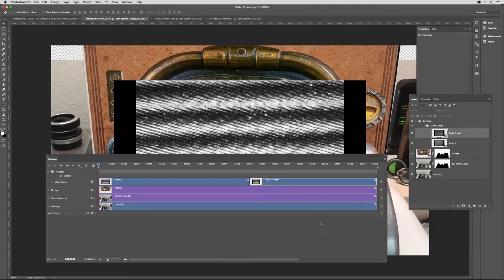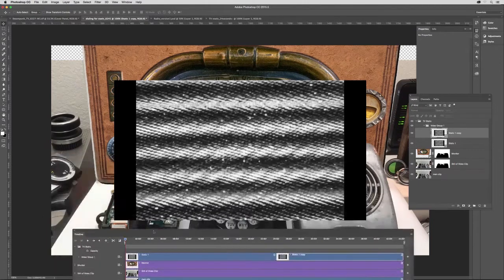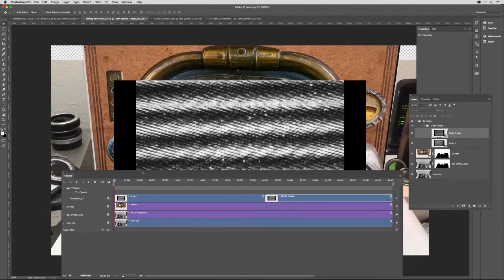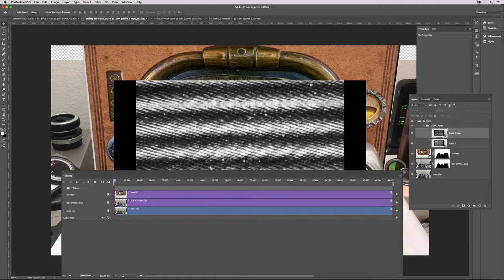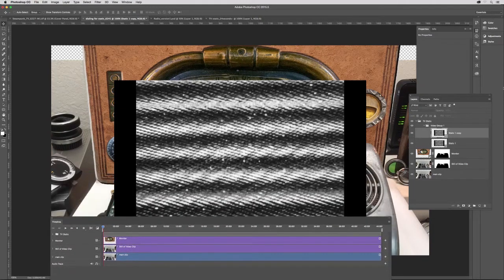Now, in all probability, I'm only going to be using a very small segment of this scene here where the hand is coming in to dial the phone, but I want to have the static present throughout the whole thing so it's there for whatever instance of that dialing action I choose to use. All right, so let's close that group there in the timeline panel, and let's temporarily turn this off by clicking